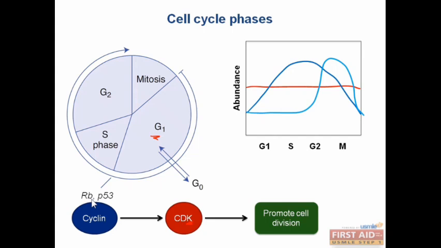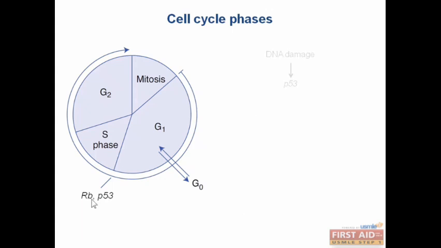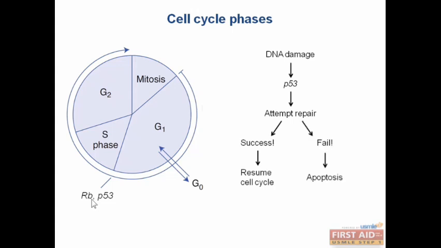One of the most important things is DNA damage. P53 is one of the most notorious genes for detecting and responding to DNA damage, which has earned it the nickname the guardian of the genome. If P53 notices something wrong with the DNA, it'll prevent the cell from dividing, thus preventing tumors from occurring. When DNA damage is detected, P53 will stop the cell cycle and initiate DNA repair pathways to try to fix the damage. If the cell is able to repair the damage, the cell cycle can restart. However, if it can't, P53 will initiate apoptosis, because it's better for a cell to die than to risk developing